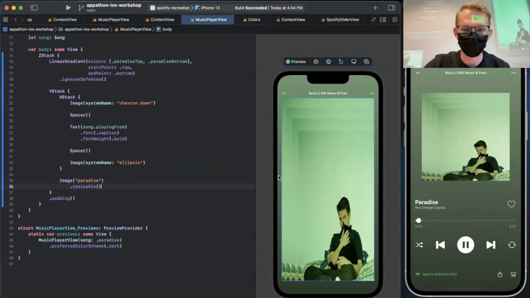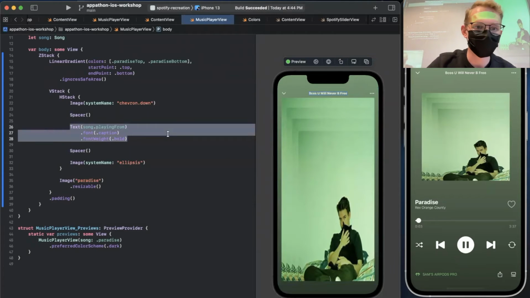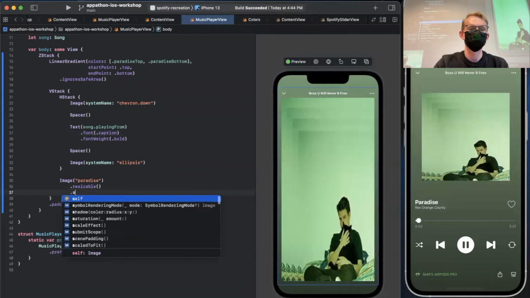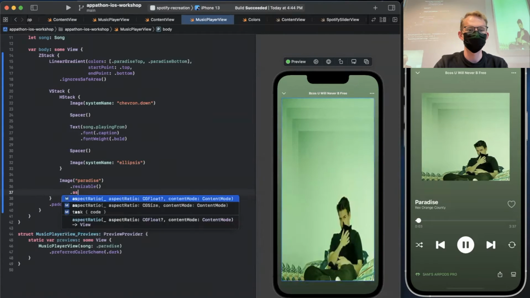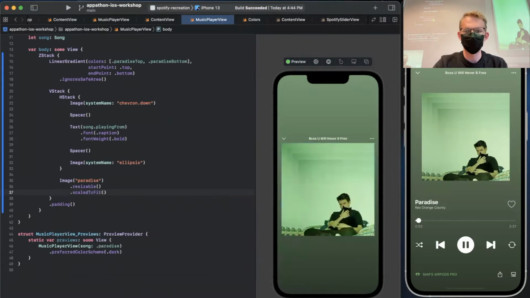It's not going to expand past our padding or overflow on top of our top bar HStack up here. But then I want to scale it to fit, and it's going to use the default aspect ratio and look at how much